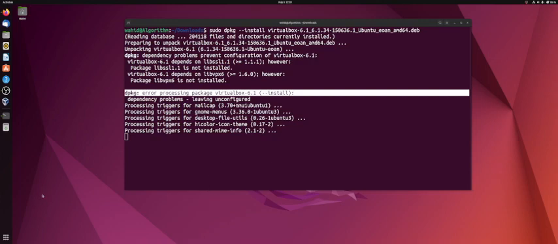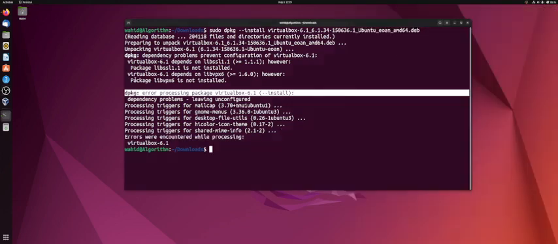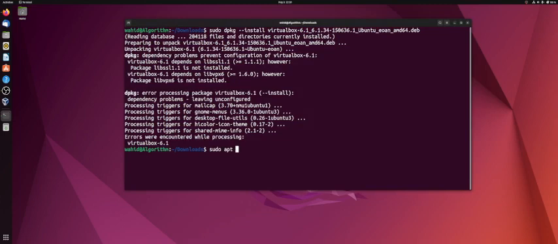Once this one is completed, I'm going to just pause the video for a second to see if this one is going to take longer. I'm going to give it time. Okay, as you can see, there's one error for dependency error processing packages, and the last error also says errors were encountered while processing VirtualBox 6.1. So I'm going to do sudo apt -f install, see if that dependencies is fixed first,